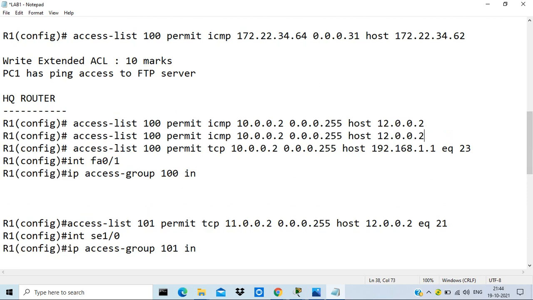The same command can be modified a little bit. Instead of writing the command host, you can give the target IP and then the subnet mask. Or otherwise, the way I have added, you can add host and then only the target IP. No need to mention the subnet mask if you are using the command host. In that case, the subnet mask should be in reverse order, so again we have to calculate it. I'm not calculating it right now, we are just following this command.